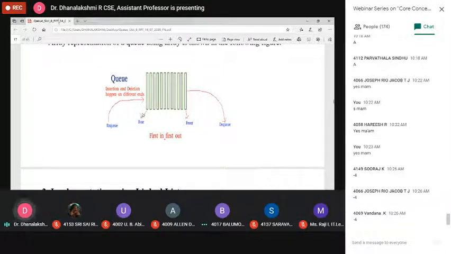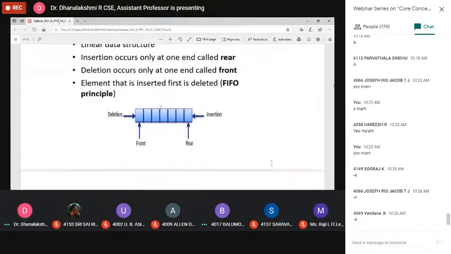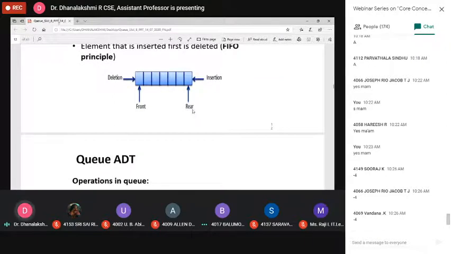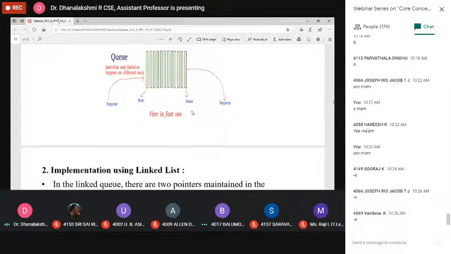Here, in the first example I showed, we have front and rear. In this example, we have the rear variable on one side and the front variable on the other. That does not matter at all; you can change it wherever you want.